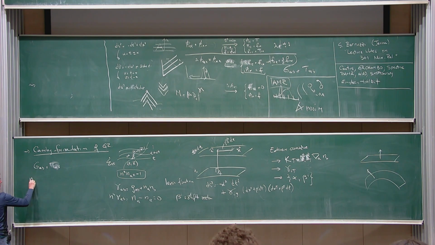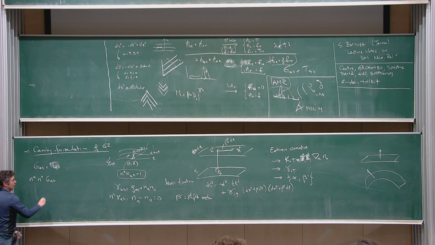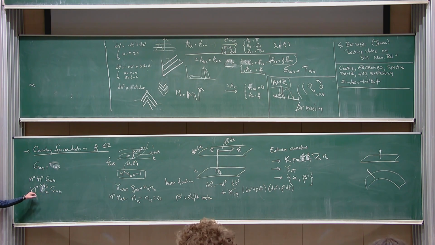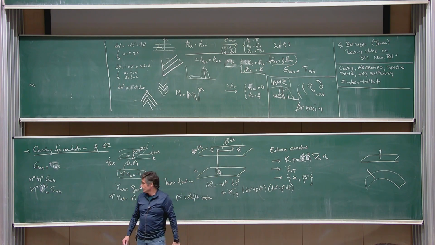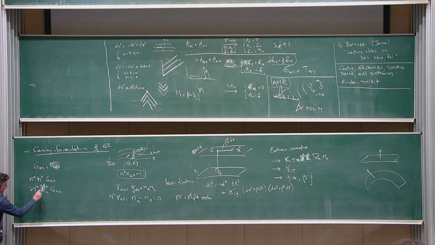So out of these, I can say, well, what's the projection of GAB along the normal. So I'm just hitting this tensor with two vectors n. So this is giving us the component of this tensor along n. I can also, and of course the Riemann is a symmetric tensor, so it doesn't matter, do the following. This is saying, take one of the legs of the tensor, project it along n, but take the other one and project it orthogonal to n. So we're decomposing something along this direction, and another one that lives here. And the last one we can do, of course, for completeness,